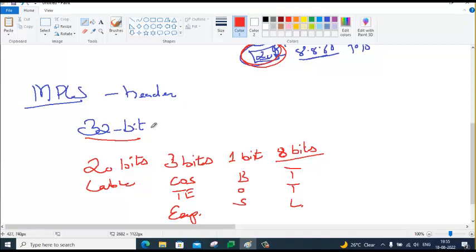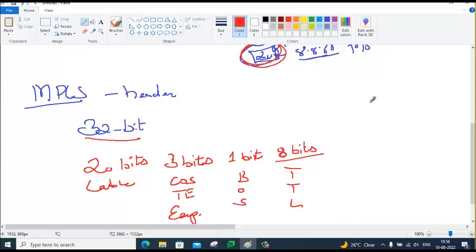So if I want to use MPLS and avoid layer 3 lookup, if I want my router not to read the layer 3 header of the incoming packet, then MPLS should be before layer 3. Only then, by just looking into this MPLS header, I will know the destination. This MPLS header cannot be after layer 3. It should be before.